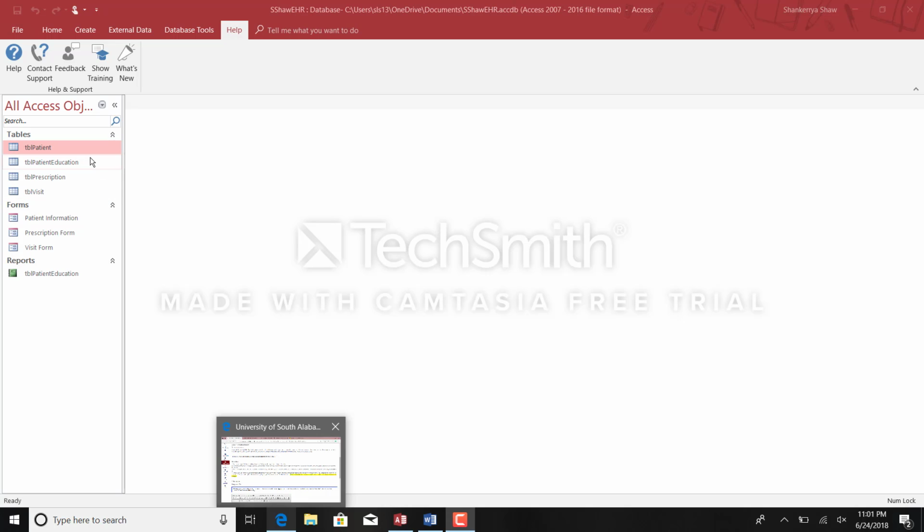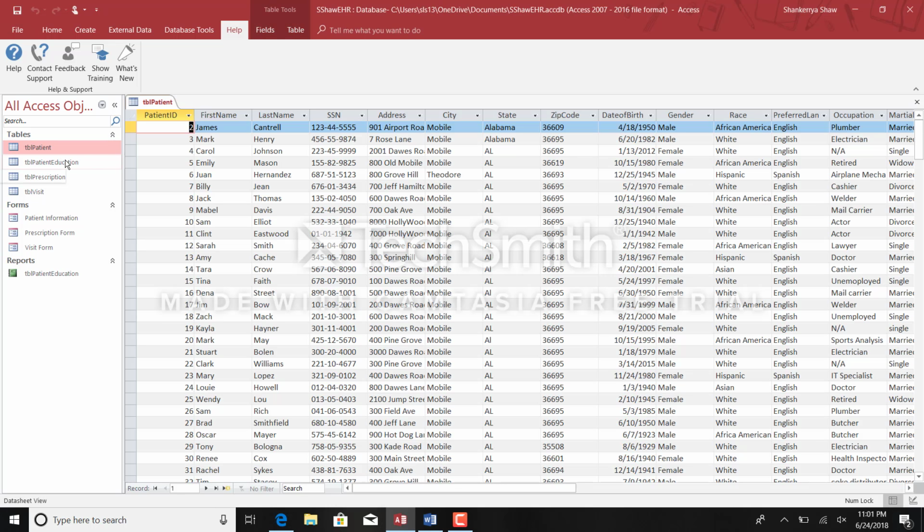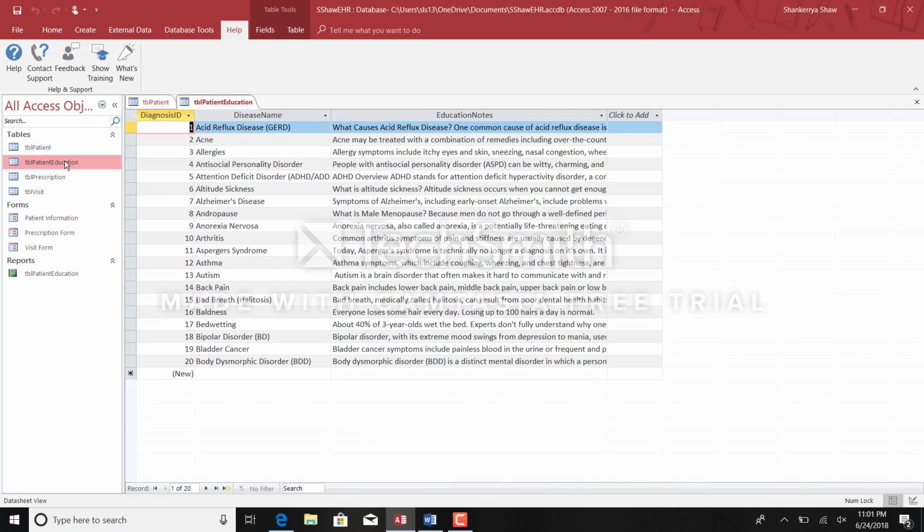But as you can see, I have a patient table, and in my patient table, I have all of my patients listed, and it's basically like their information, unique identifiers that distinguish them, like their social security number, and then other information like their address, city, and all that stuff. And so next you have the patient education table, and on this table are different diseases that I list,